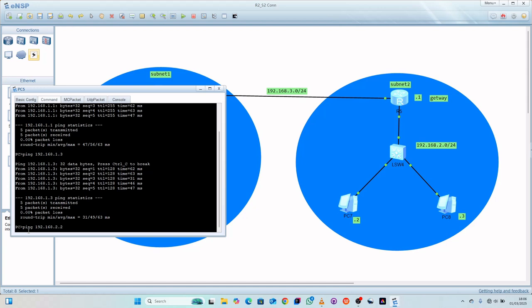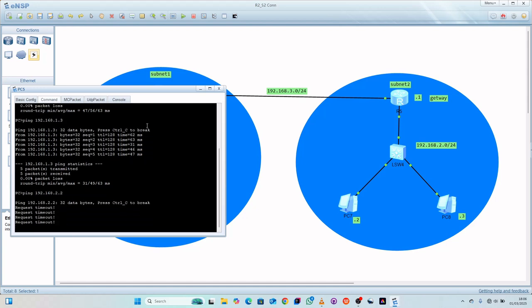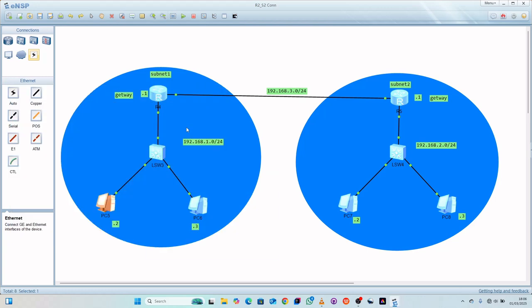2.2.2. If you see, there's a request timeout. This is because this network is not aware of this network. The devices within this network have no idea about the existence of this network. The same here, this network is not aware of the existence of this subnet. So we want to configure these routers so that they can